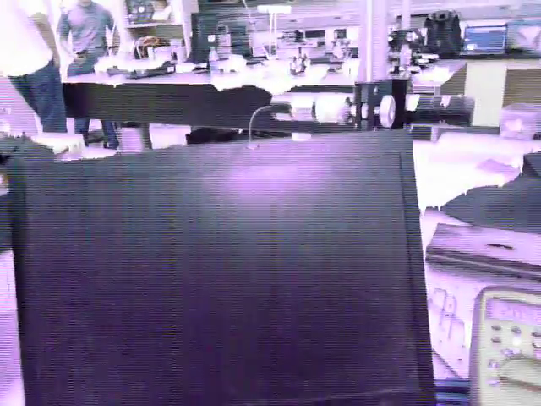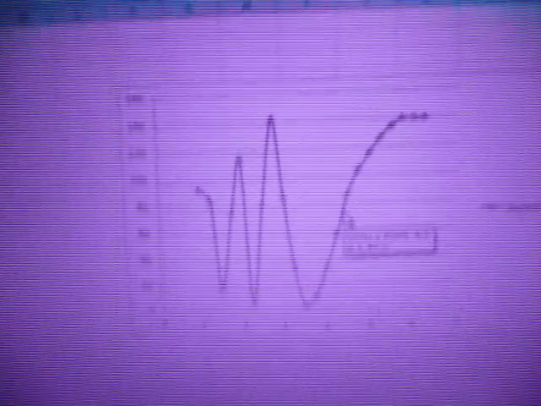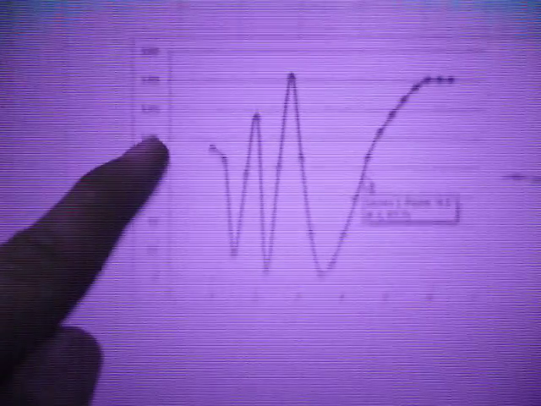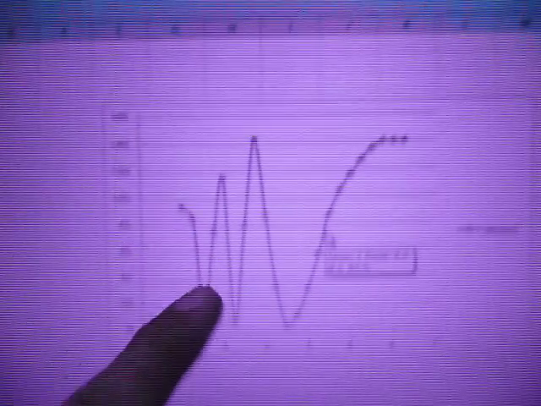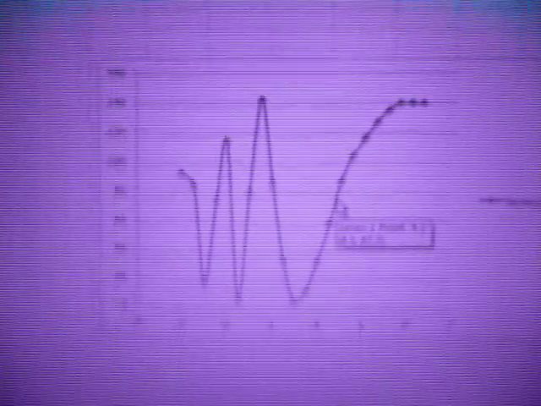So, pulling up our handy-dandy plot on the computer. Looks like it's not loading like I thought it was going to load. We can see the sinusoid that's created when we plot this out. And it looks like we've had a little bit of undersampling here. As you can see, it's not a perfect sinusoid, but you can see that